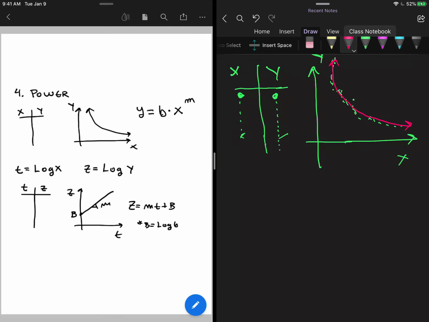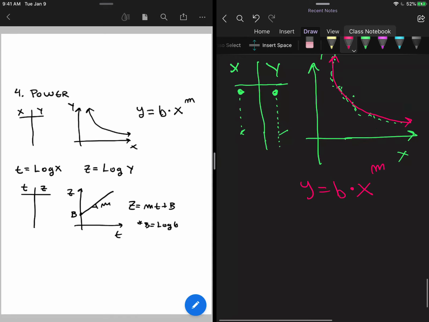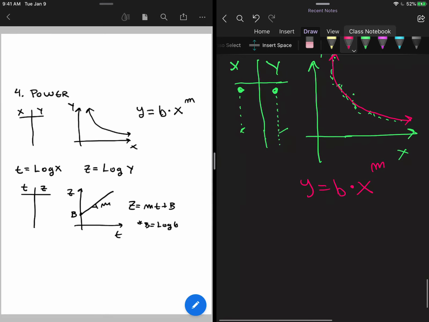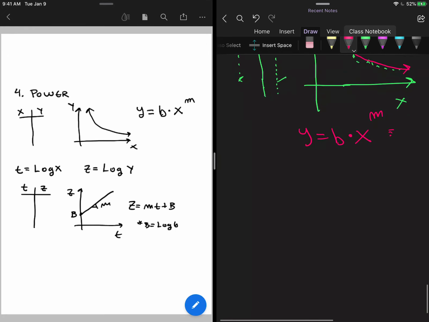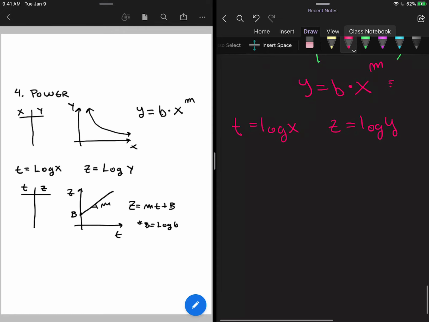So the general form for this one is going to be y equals some number b multiplied by x raised to some number m. But to be sure that this is the actual form of your data, what you're going to do is introduce another change of variables. You're going to set t equal to log base 10 of x, and you're going to set z equal to log base 10 of y. So what that means is that